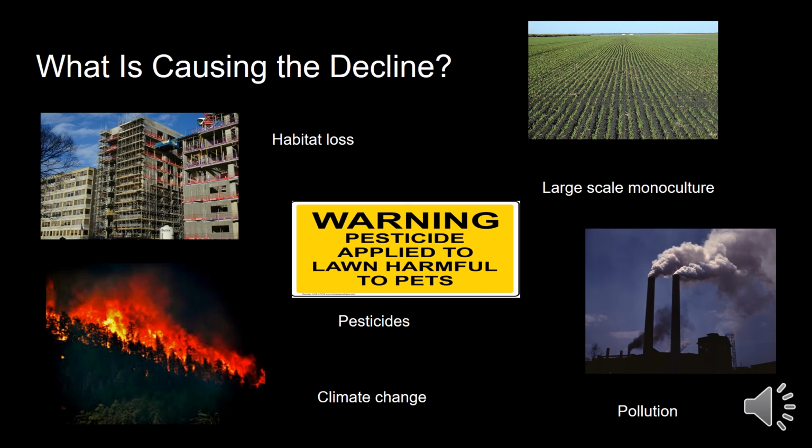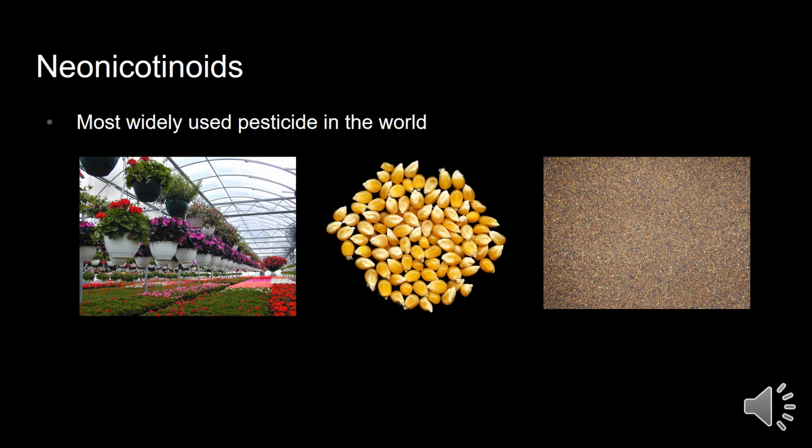But there's one specific insecticide group that I'd like to talk about a little bit further. Neonicotinoids. That is a large group of insecticides. It's the most widely used pesticide in the world. And for us in the pollinator garden realm, what we're learning is that many of the bedding plants, when we go to our greenhouses to buy plants to put in our pollinator gardens, in many cases, they've been treated with